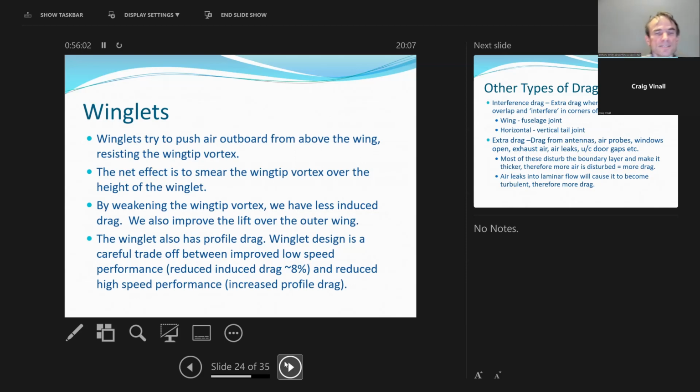The downside is you're adding more profile drag to the aeroplane. This is where the trade-off happens. You need to try and balance your reduction of the induced drag with the increase in your profile drag. With modern sailplanes, with that kink in the polar curve at around where the cruising speed is, you end up having that trade-off point being net zero at about that kind of speed, because you're not worried about what's happening at that speed. You're not going to be operating cross-country at that kind of speed at all, and you get the maximum benefit out of your